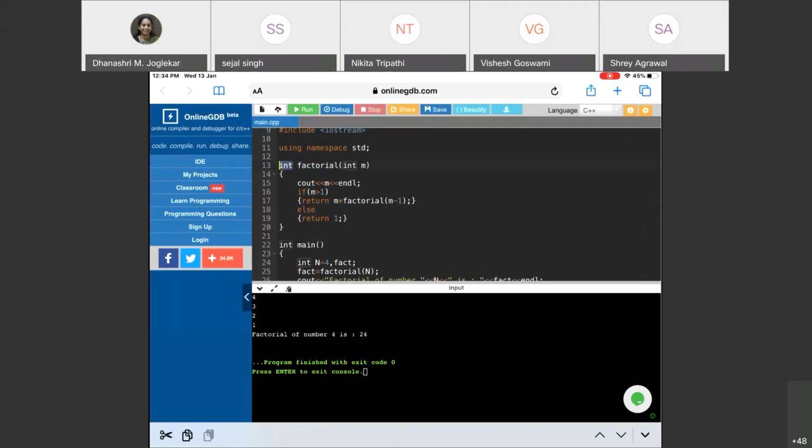What is the output that the function is giving? The data type of that output is integer. It is a return data type. So the return data type is written over here, and it is integer. So the function will always be returning an integer. And the name of the function is factorial, and that function is taking